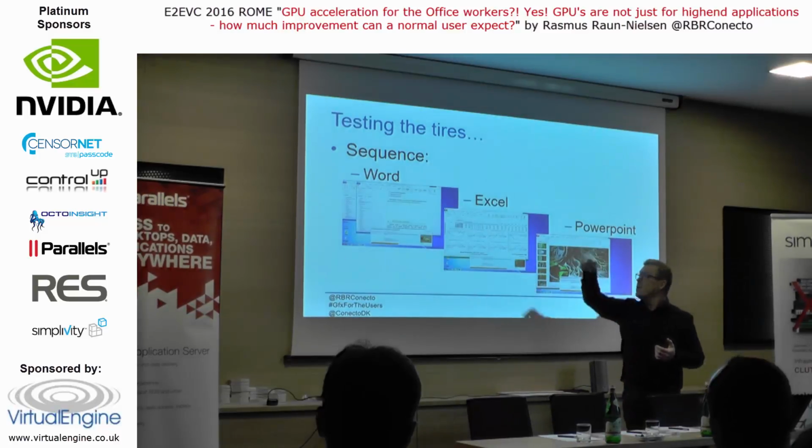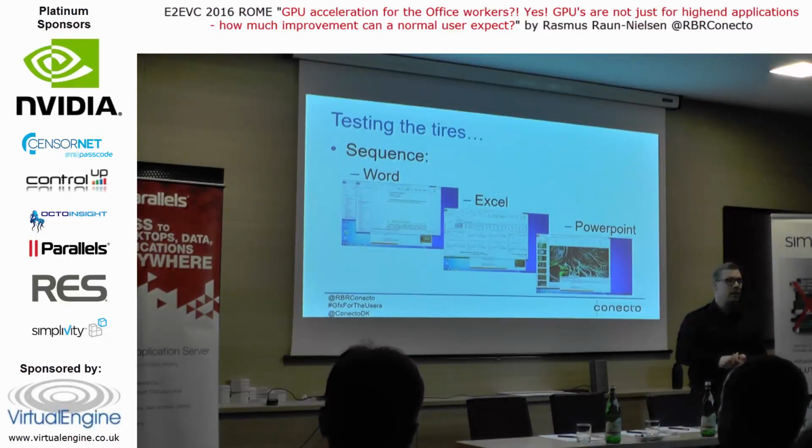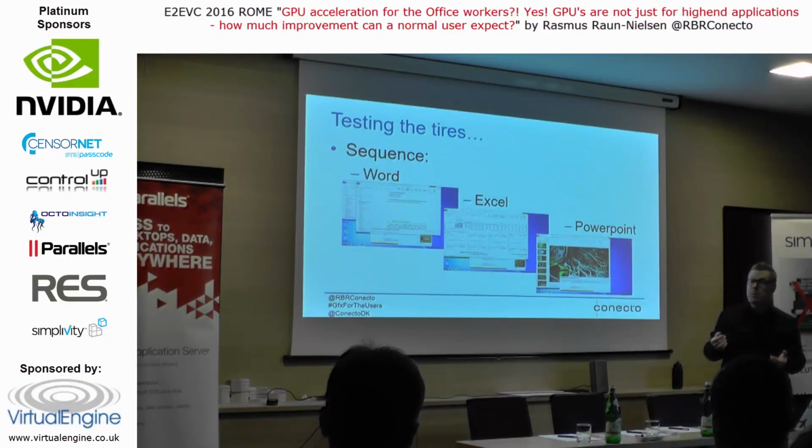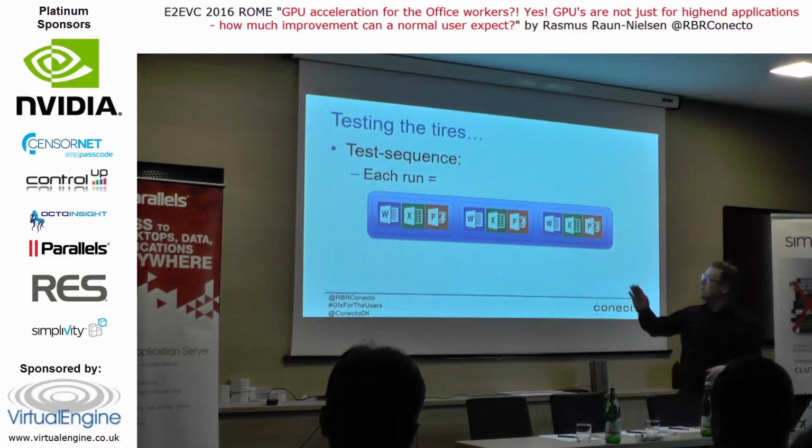Excel is importing a data set into Excel, doing some calculations and turning these calculations into some graphs, as you can see. And PowerPoint is creating a PowerPoint slide, also creating new slides, resizing the images and fitting them onto the slides. So what I would say could be a normal user behavior, but it's in a scripted way, so it's repeatable. And each run consists of three of these sequences